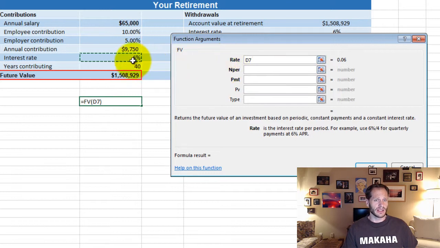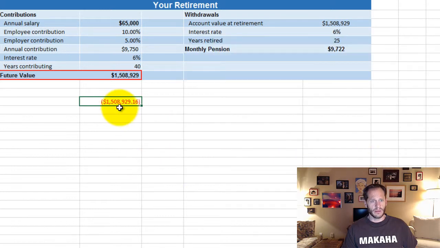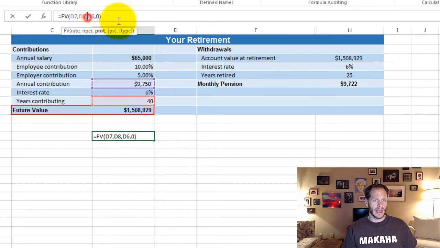Our annual rate is just 6%. The number of periods is just 40 years. The payment is that amount right there. The present value when we start out doing this will be 0. And is it going to occur at the beginning of the period or at the end of the period? End of the period is the default, so we'll leave it blank. And we get $1,508,929.16. Well, again, I got a negative,